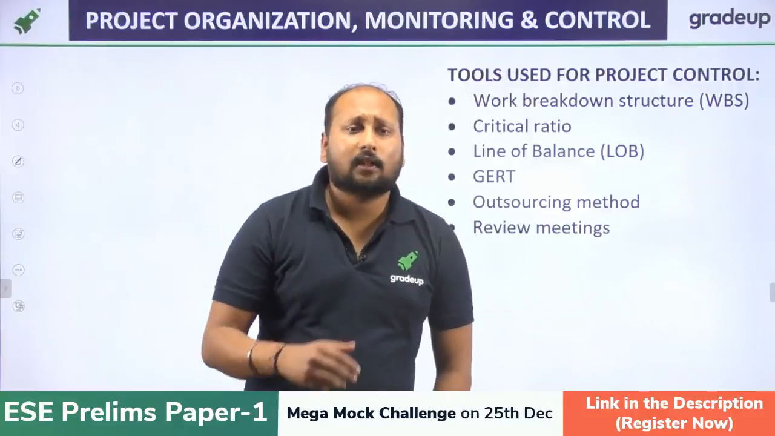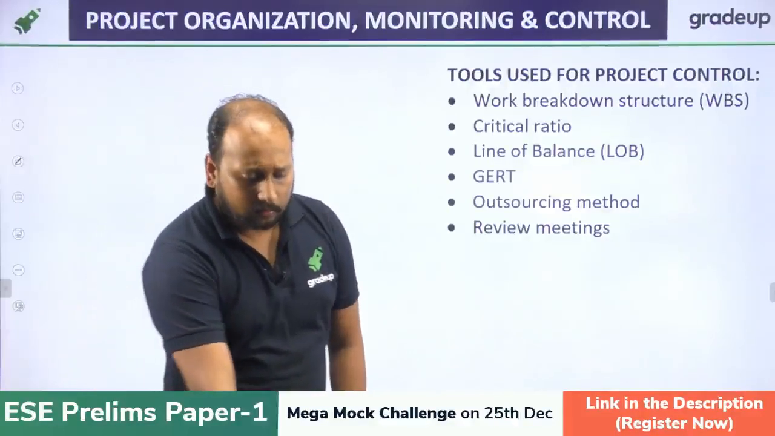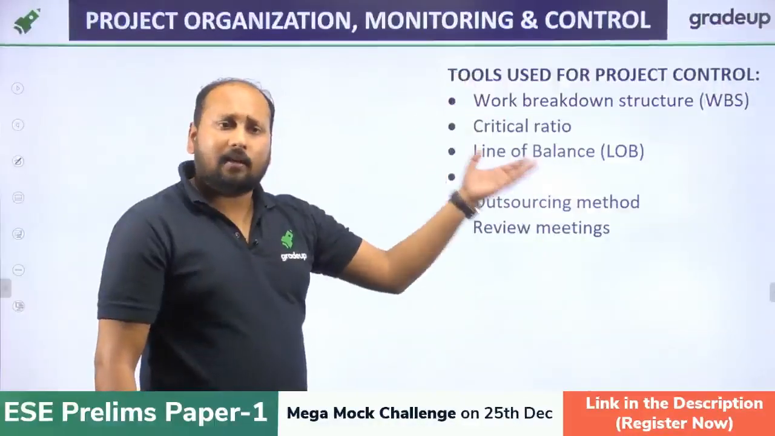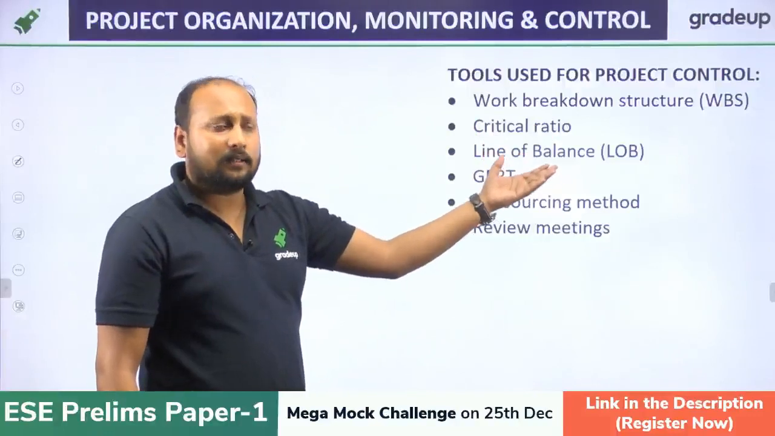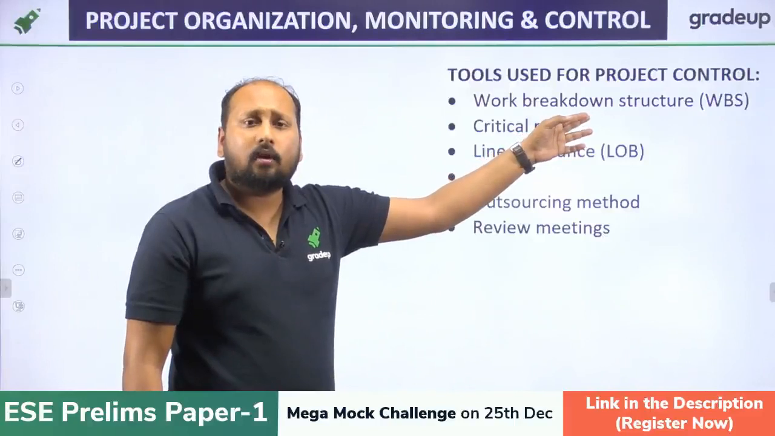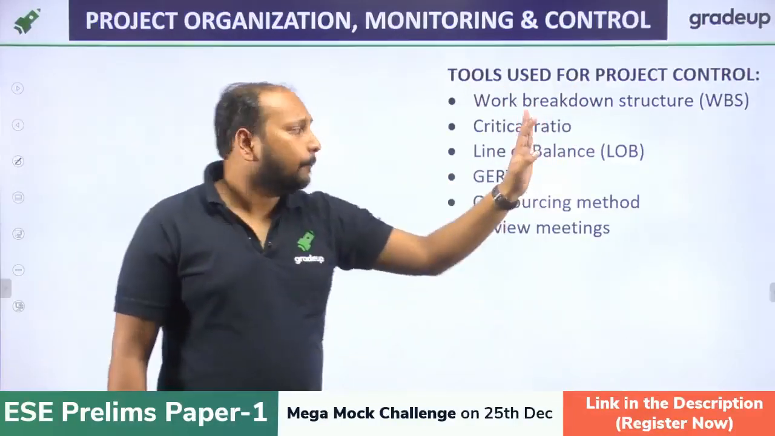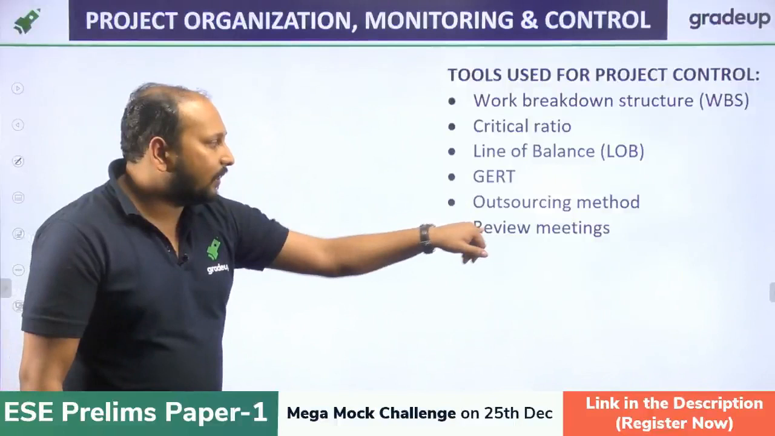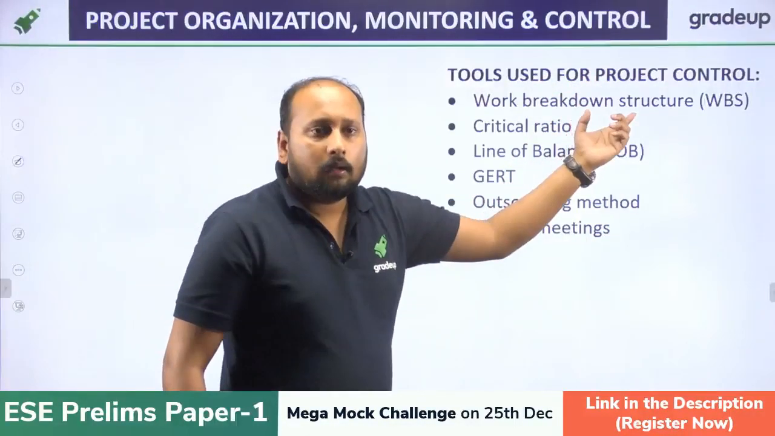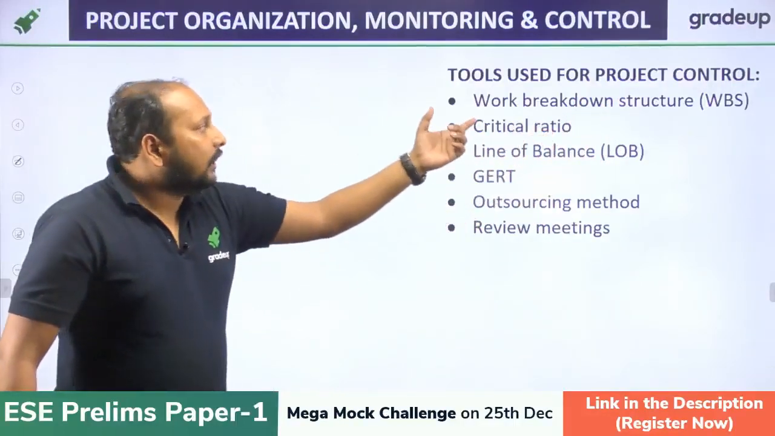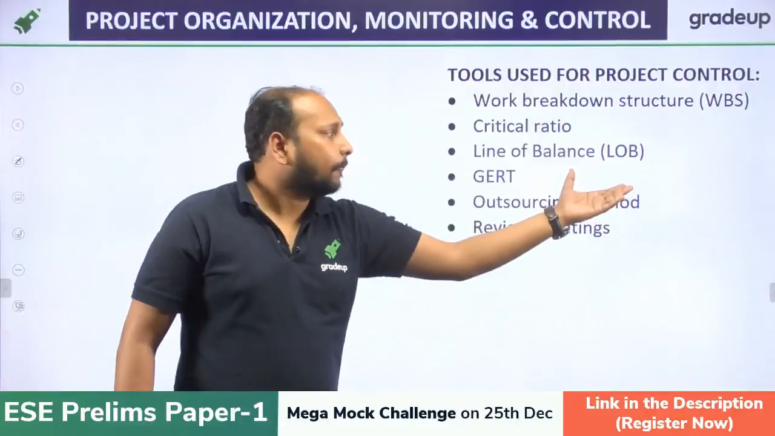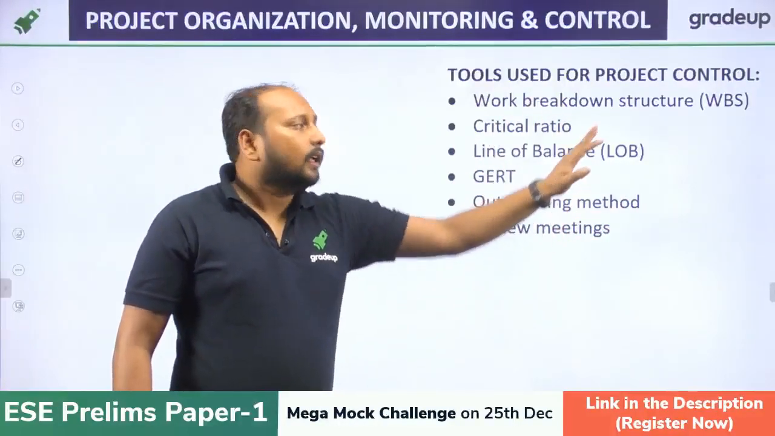Anyone who knows what work breakdown structure or WBS is? Although there are many tools, I'll be discussing these important ones which they have asked: work breakdown structure, critical ratio, line of balance. In critical ratio, basically we'll be studying earned value analysis. Fine. Line of balance, GUT, outsourcing method, review meetings. Some of the students might know about these. Let me see, Rahul. Some of the topics you might know. Some of the topics you are hearing about for the first time. So let us see. The first is